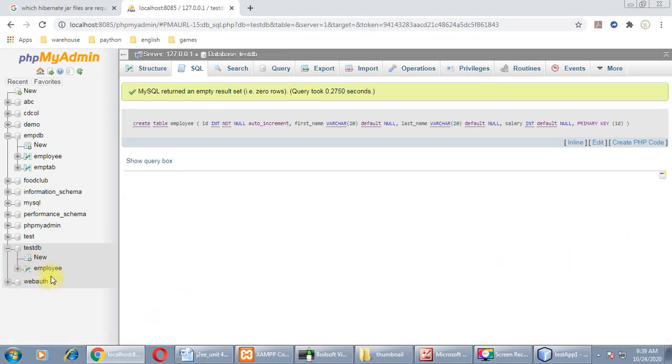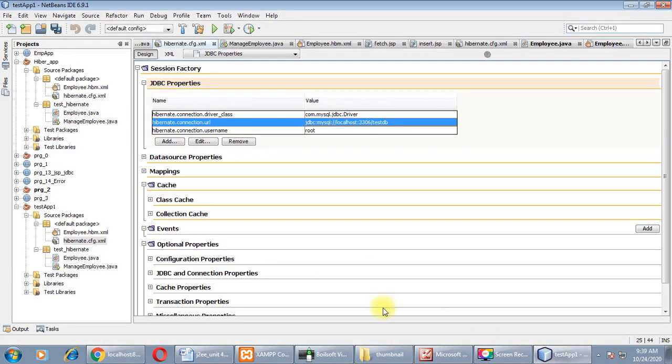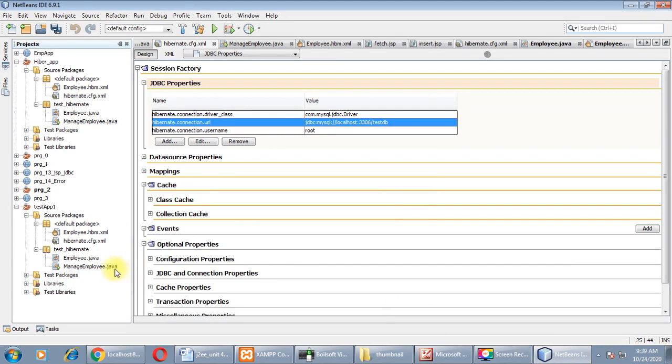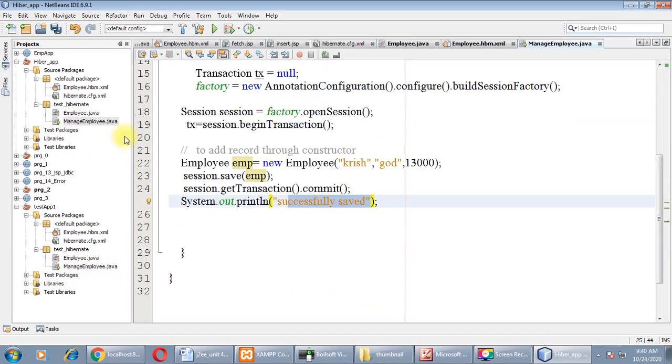So here we have one table with the name employee, which has no record stored in it right now, right? Now with the help of this application we are going to add the first record in this table, right? ManageEmployee, as you can see.